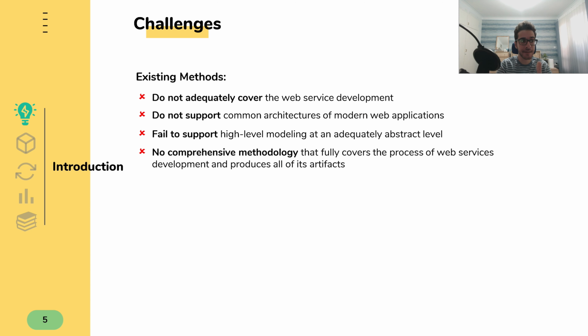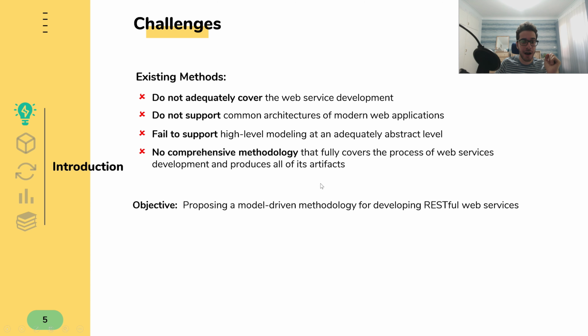But existing methods for generating RESTful web services do not cover the development of web services adequately. They do not support common architectures of modern web applications. They fail to support high-level modeling. Generally, I can say there is no comprehensive methodology for generating RESTful web services,